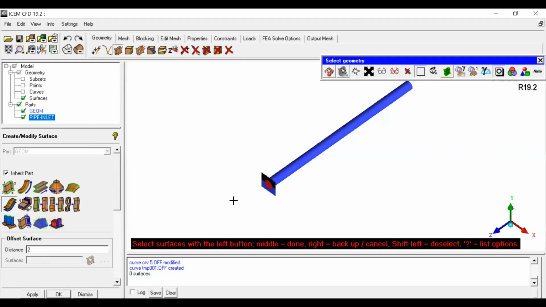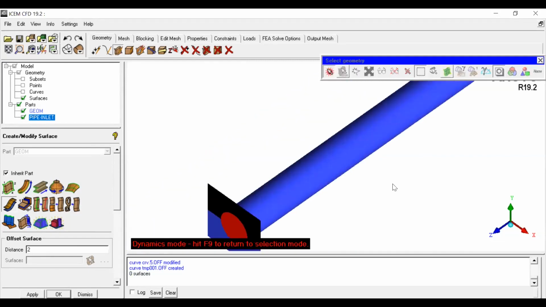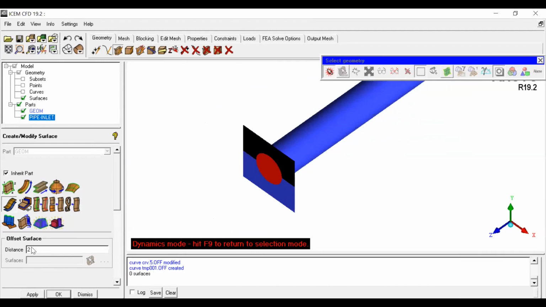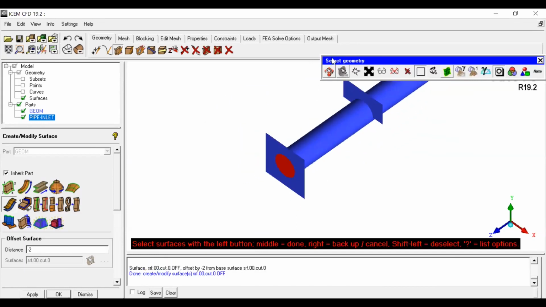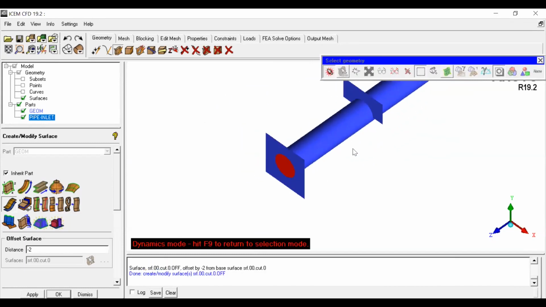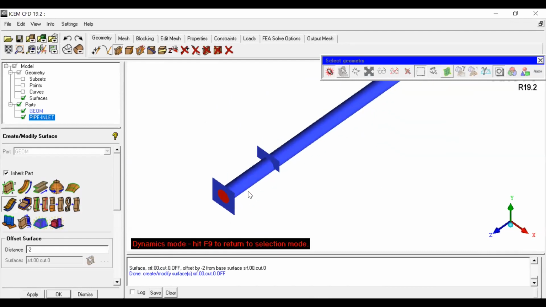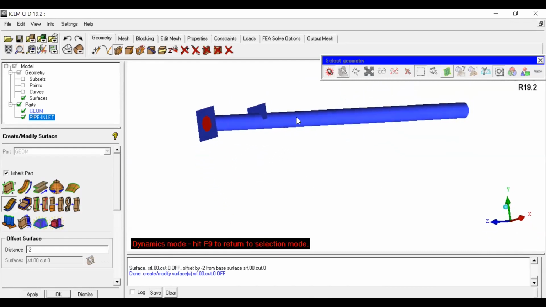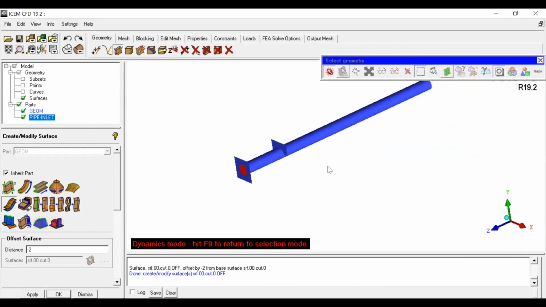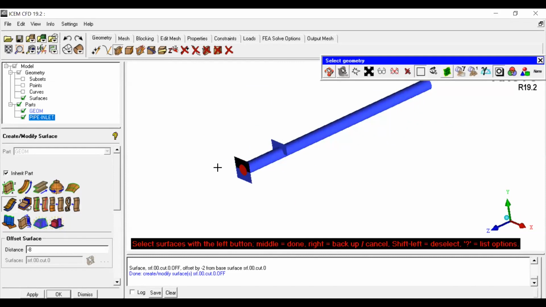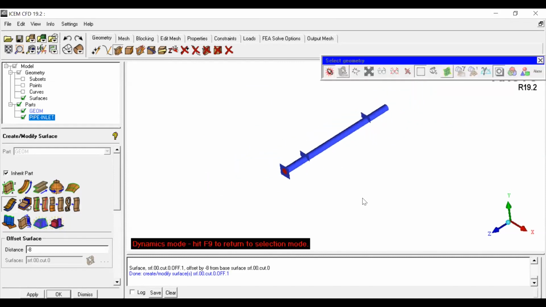Select the top surface. Select this top surface, give distance as -2, click middle. Now you can see at a distance 2 units from the inlet, a fin is created on the circle. Like that, you can create number of fins. Like this. This is also one of the